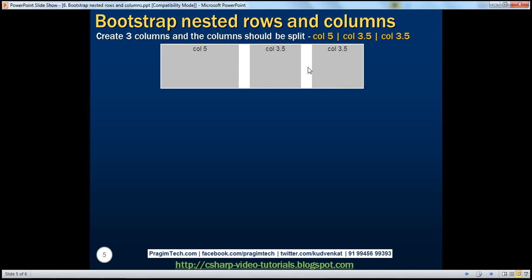This is going to be a challenge if we don't have the concept of nested rows and columns, because with an odd number of available logical units you can either split them into 1 and 6, or 2 and 5, 3 and 4, or you can have just one column with all the 7 logical units wide. But if we want to split it into 3.5 and 3.5, two equal halves, it's going to be a challenge. But with nested rows and columns, this is really easy to achieve. Let's now look at the